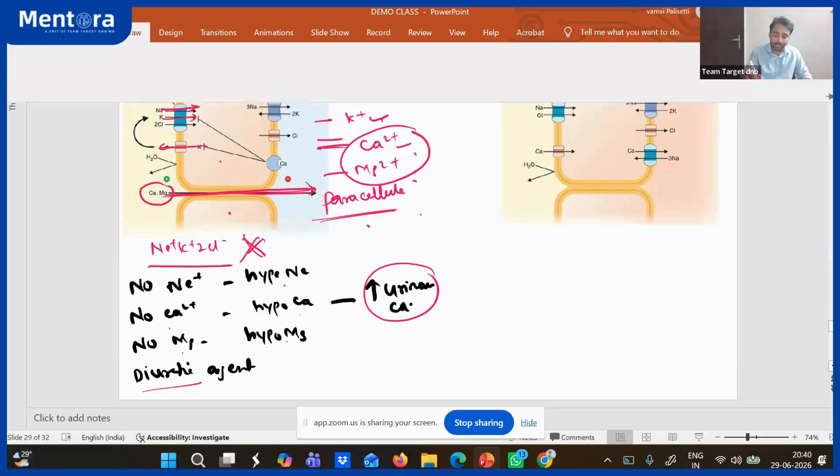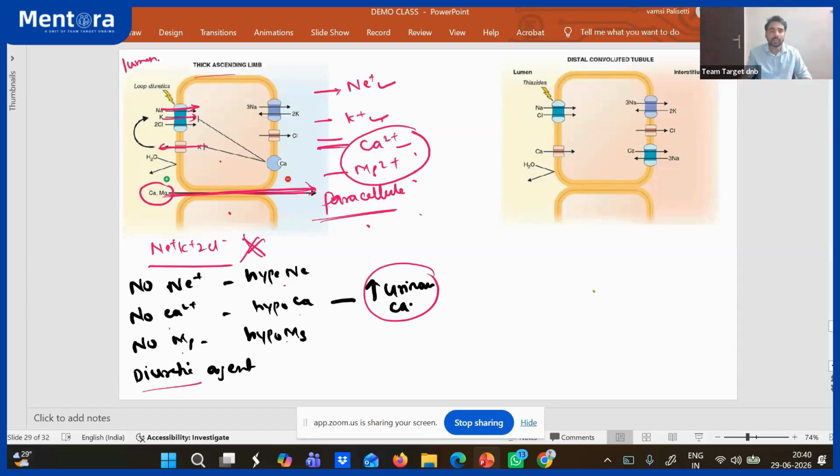Let us come to Gitelman. Okay, so Gitelman, it is the sodium chloride pump that is gone here. So what is the sodium chloride pump doing here? Again, sodium absorption. Yes. Okay. Now here is the thing that happens here. So what is the sodium absorption? Also calcium absorption. Calcium is also somewhat absorbed. Now this pump is for both calcium and magnesium. So when our body needs calcium, calcium is absorbed. When our body needs magnesium, magnesium is absorbed. Yes, the pump is the same for both calcium and magnesium because both are divalent cations. So the same pump is there.